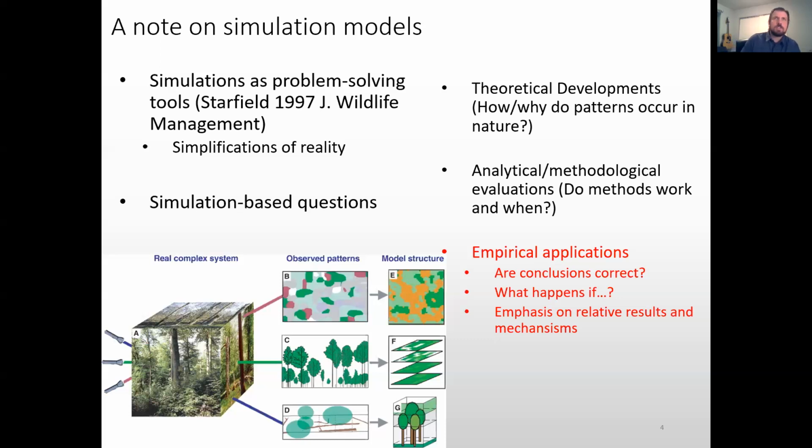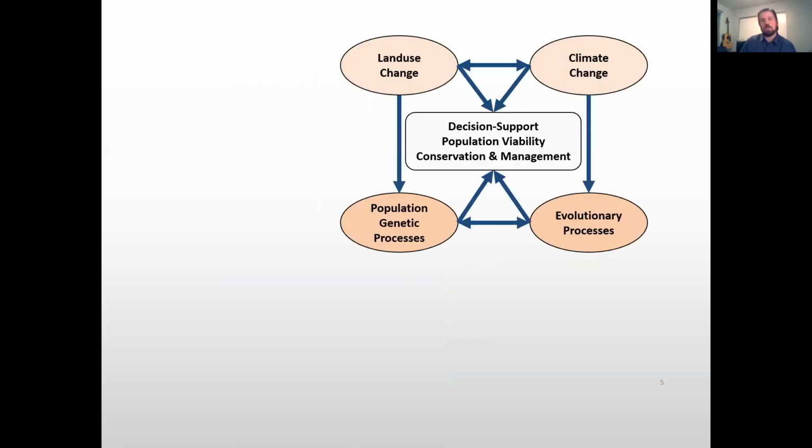In terms of a general framework for the role of simulation modeling in riverscape genomics, on a riverscape there are a lot of processes going on simultaneously. There are environmental processes such as land use change and climate change. And then there are the genetic processes, population genetics and evolutionary processes. In the middle of all that are the managers trying to balance all these different factors and variables in their system and make the best decisions that they can in support of conservation and